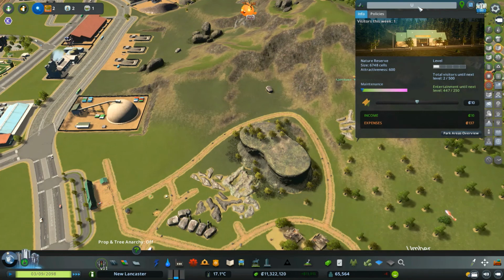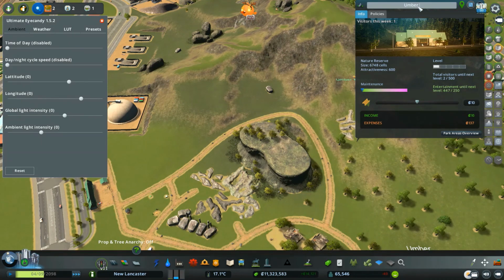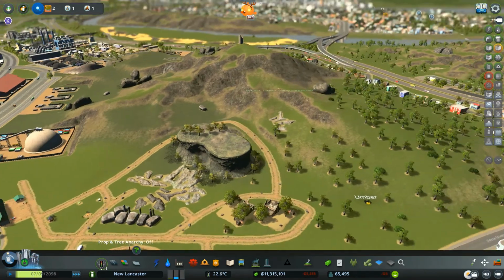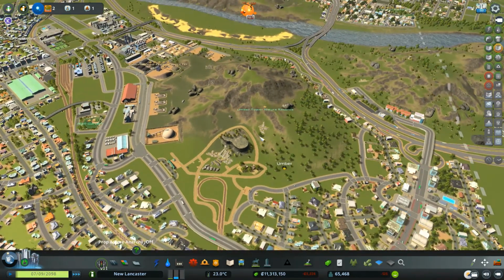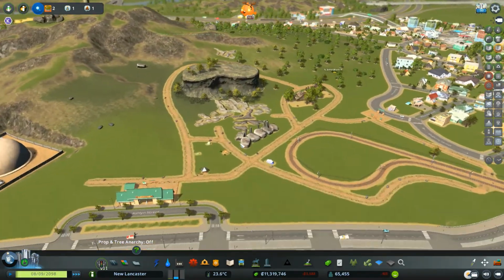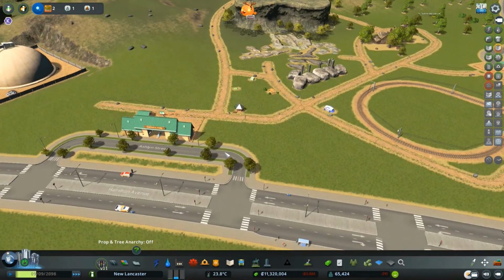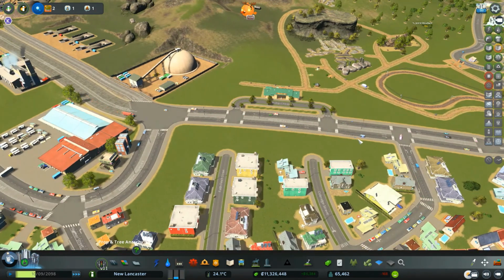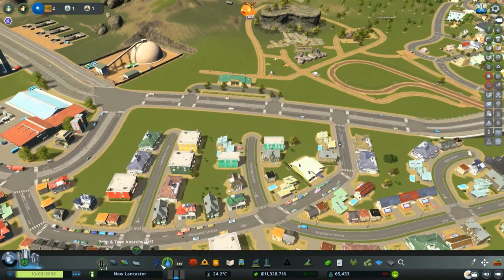So this is going to be called Umber Tower Nature Reserve. I have been planning on having this as a nature reserve for so long. So it's kind of funny that we're finally actually doing it now. All right, so that's just waiting for people to arrive. There is a bus stop right here, so hopefully it doesn't take too long.